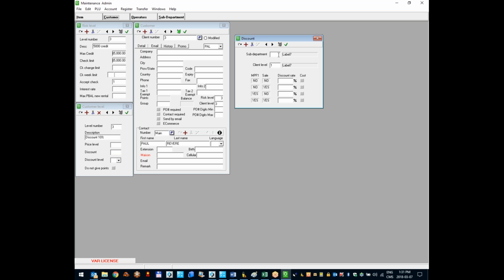So you can go to sub-department 10, groceries. For clients of level 1, they get nothing. I leave that all blank. Then I'm going to create another record, but for clients of level 2, grocery on level 2, they get